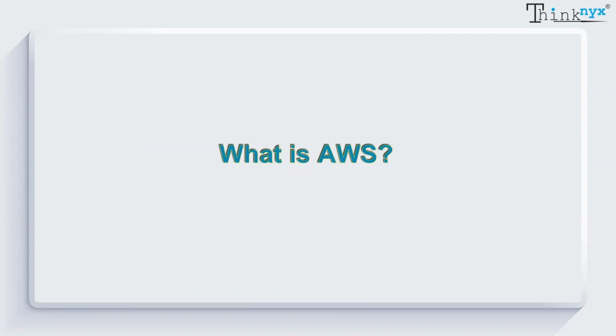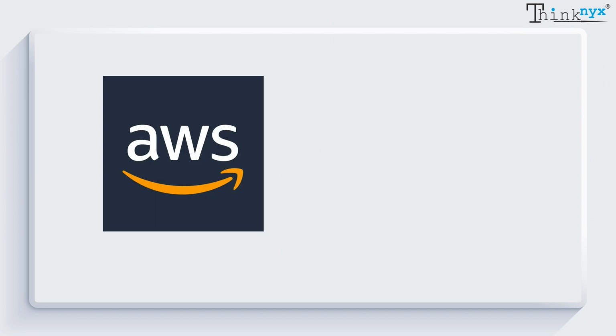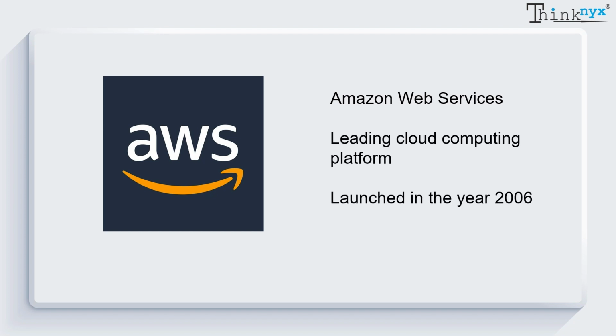Let us now understand what is AWS. AWS stands for Amazon Web Services. The leading cloud computing platform by Amazon was launched in the year 2006. AWS provides on-demand delivery of services through the internet with pay-as-you-go pricing. This is nothing but cloud computing. With cloud computing, we don't need to make any large upfront investments in hardware and spend a lot of time on heavy lifting of managing that hardware. Cloud providers like AWS will take care of it on behalf of us.